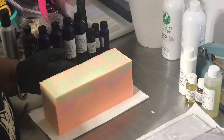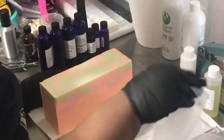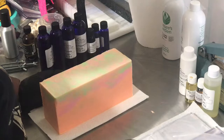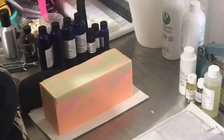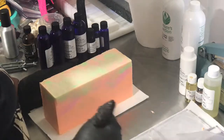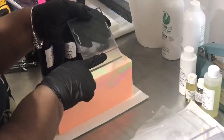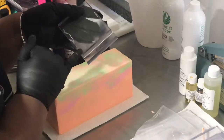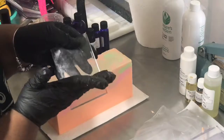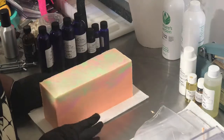So I think I have to remeasure and possibly recut these, because the way that I cut them initially, they were a hair larger than what they probably should have been. I first tried laying the silicone pieces down on top of each piece of the mold, and tried to measure it and cut it that way. But because of how these are, you have to take into account that they can't even really come all the way to the very edge of this because of how it fits in. It actually has to be up a little bit higher than what I expected it to be. So again, that's just the first time